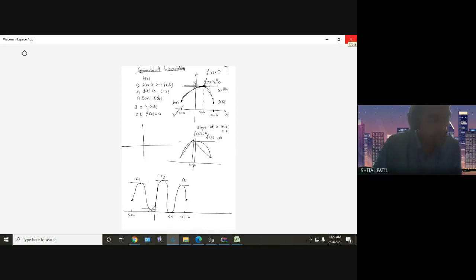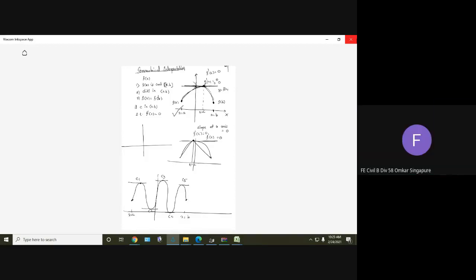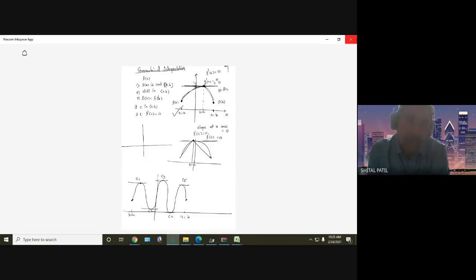So right, if f of x is a polynomial which satisfies conditions of Rolle's theorem, and x equal to a and x equal to b are two roots of the polynomial,